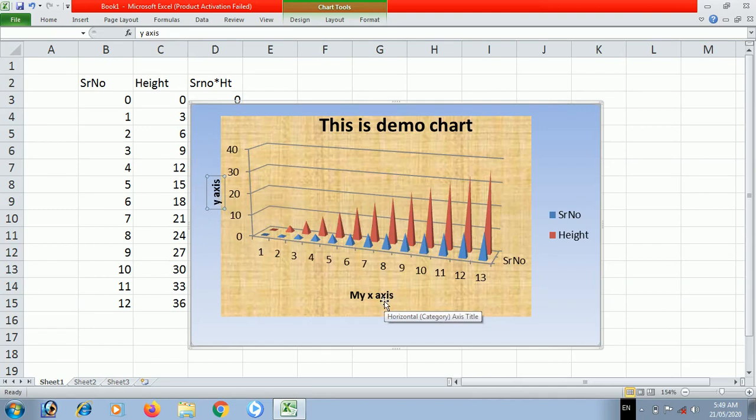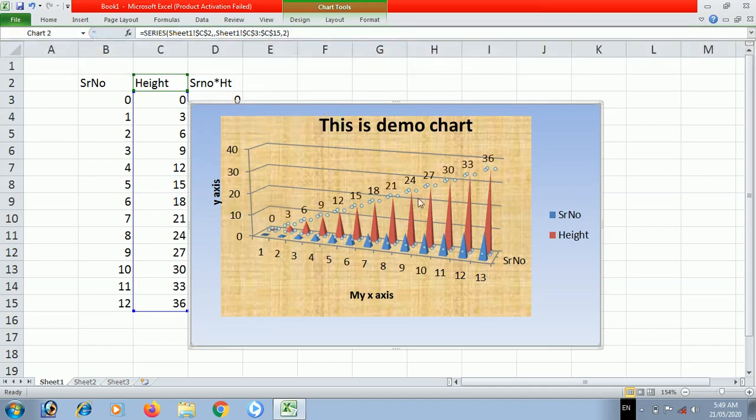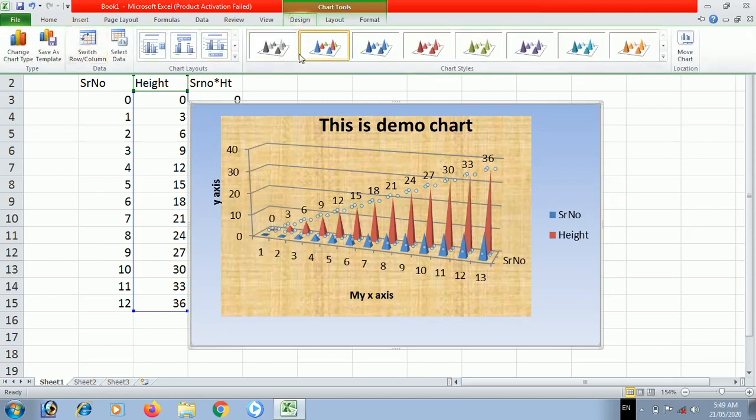Now this is about how to label the chart, and data can also be labeled. For data labeling, other options are available. When you go to layout, here data labels is there, and show data labels. Data labels will be easily shown on the data, and that's it for the column chart. Now, in the design menu, we can change the chart type to the chart type which we want.